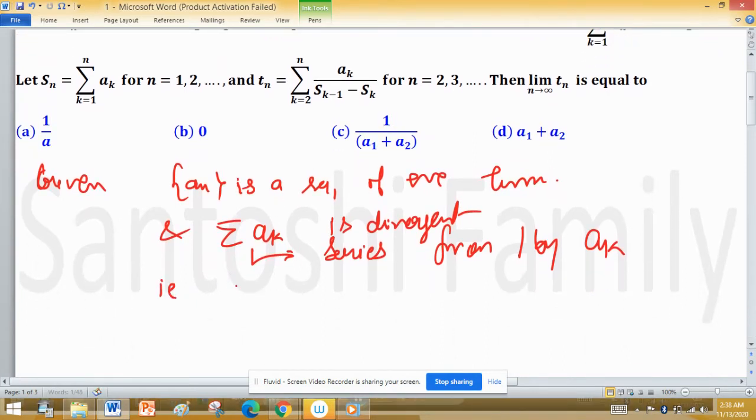That means the limit of ak as k tends to infinity is not equal to 0. If the limit of ak as k tends to infinity is equal to 0, then